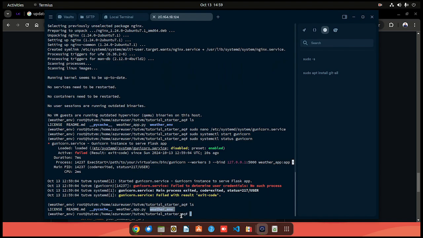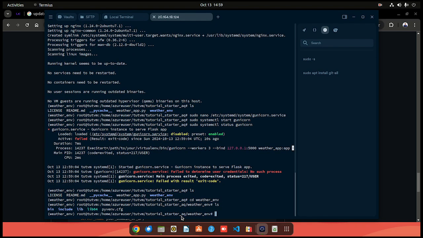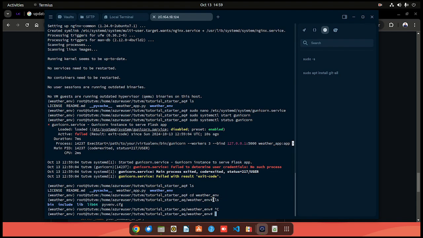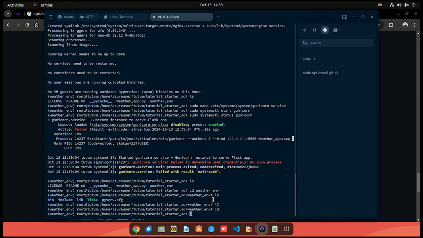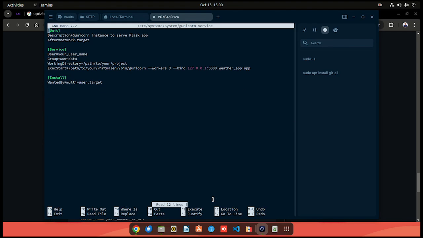So if I say cd weather environment, that is our path. So basically now we'll just copy this path, up to there. Go ahead and copy that, then cd .. to go back, and ls. Okay, that's looking good. Now we're going to edit the same file which we created to make sure that the